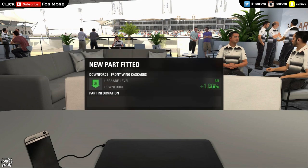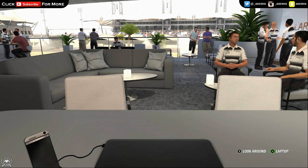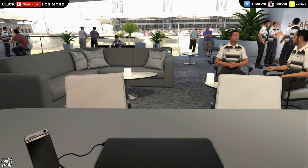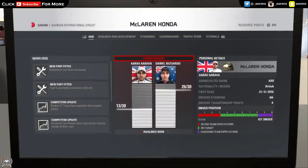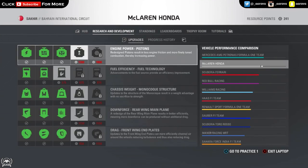So that's a lot of upgrades. It was really kind of weird to have 5, one after the other, come up right at the beginning of this little race weekend, because I'm used to just having 1 new part fitted animation coming up, and that's about it. But we got 5 in a row. Really felt nice. Just even before I got in the car here at Bahrain to see the difference in how the car felt, I was just feeling a lot more confident